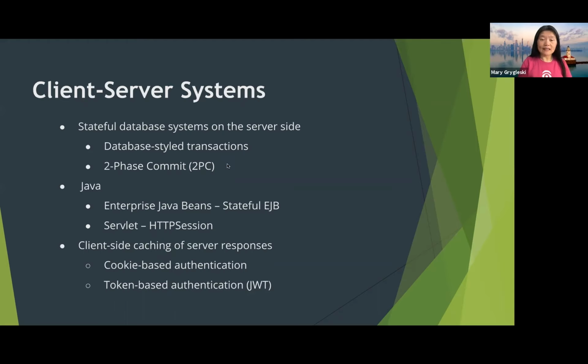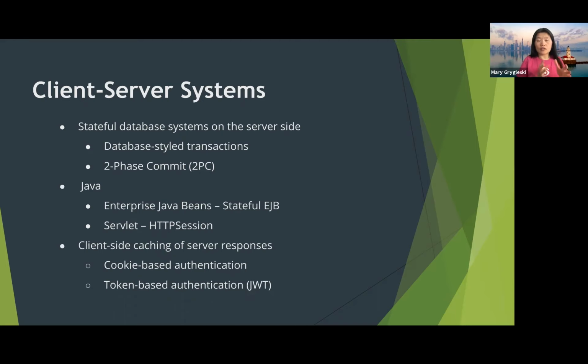And so now let's move on, right? From the database, we also have Java. So Java, as I mentioned, we have EJB, right? Enterprise Java Beans, Stateful EJB, and Entity EJBs. All these help out with maintaining state. And then for servlets, we rely on HTTP session. HTTP by nature is stateless, so HTTP session is what helps to maintain state, right? Your web requests come in from a web client, and you can keep that session alive and connected, right? So that's what it is.